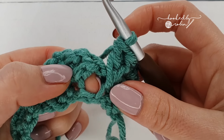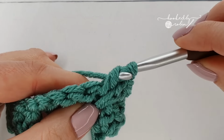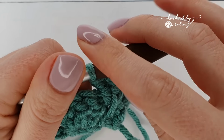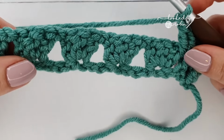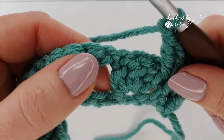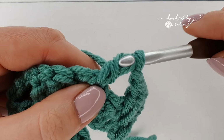One more double crochet into the same chain 1 space. Chain 1, and we're going to repeat this all the way down in between your granny clusters. So I'll show you again. Double crochet into that chain 1 space,